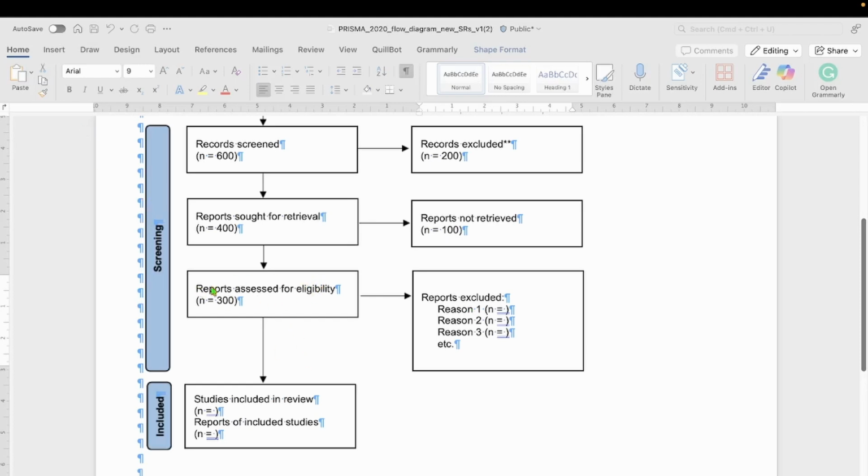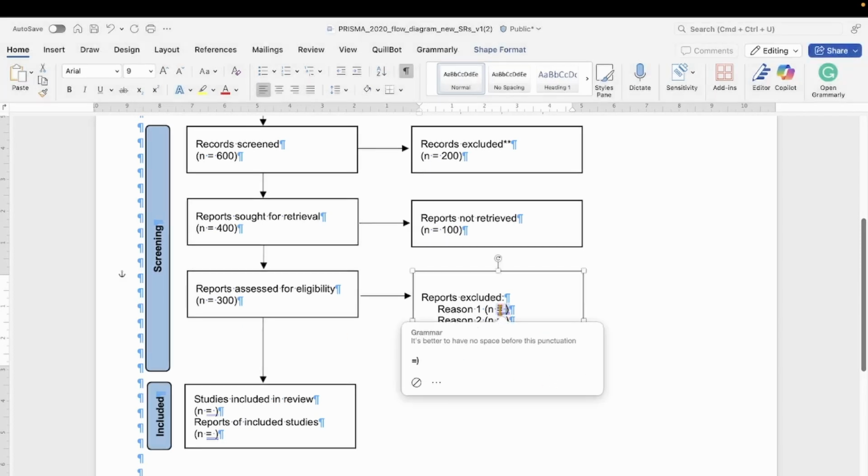So this is the number of reports that we are going to be assessing for eligibility. This means that we are going to be going through each one of the 300 articles and reading them as part of our literature review. If for any reason the articles that we are reading are not eligible to be included in the literature review, we can provide a reason and the number of articles that we need to exclude. And the total number that we get are going to be subtracted from the total that we had, which was 300. For simplicity again, we're going to say